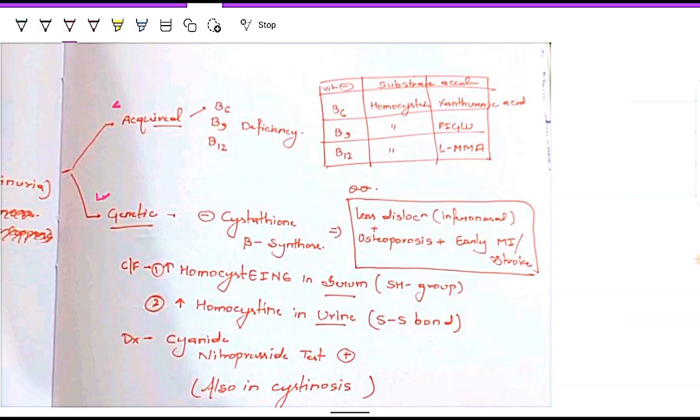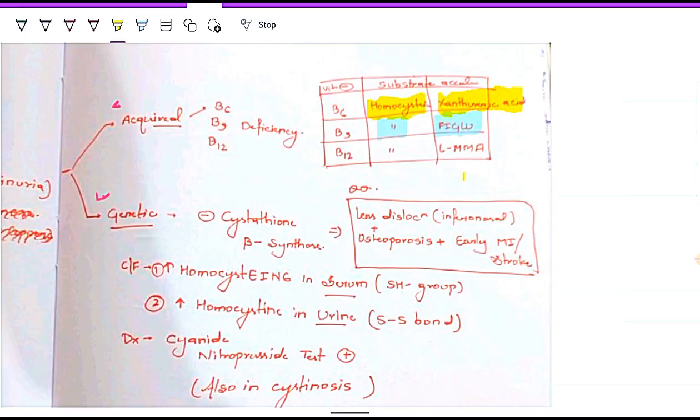See, homocysteine will be elevated in all three deficiencies, so we cannot distinguish it on the basis of homocysteine. So we need to find another product which will differentiate the deficiency, and we can find out what the deficiency is. So in case of vitamin B6, homocysteine will be elevated and also xanthurenic acid will be accumulated. In case of B9, homocysteine will be accumulated, but the Figlu test in urine will be positive, okay,